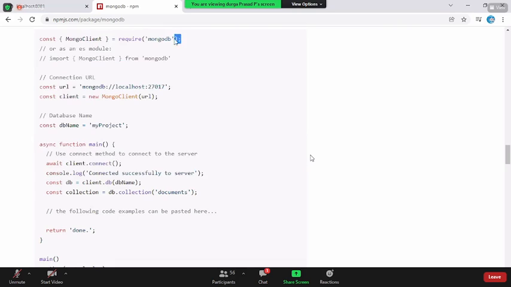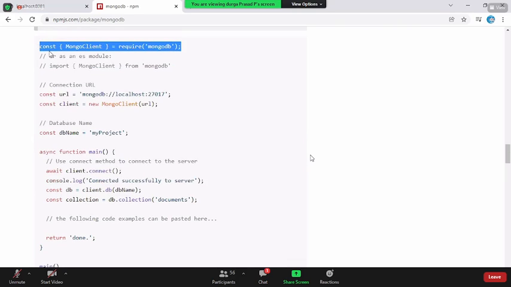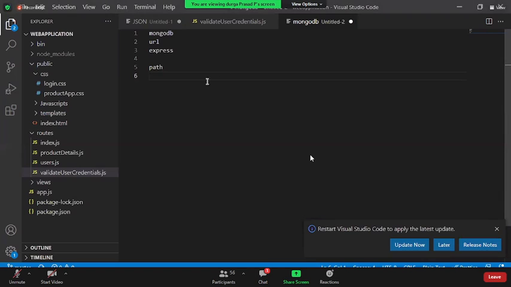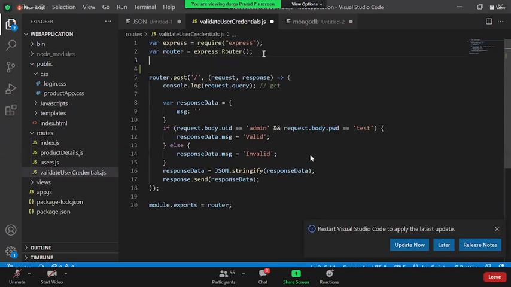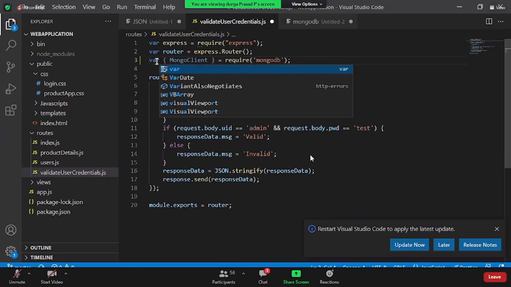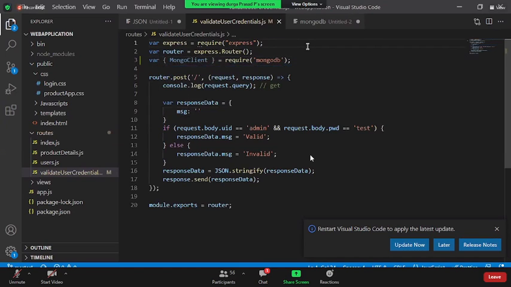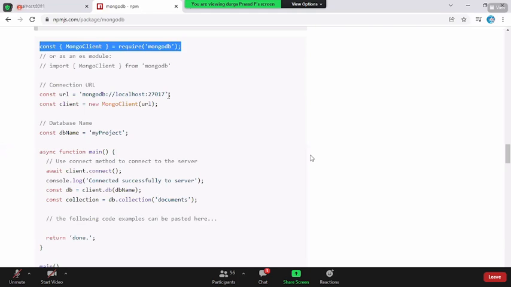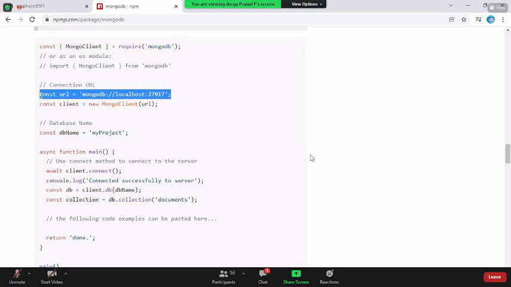Okay. So the very first step, what they are saying is, boss, create a Mongo client object. Let us come back to this. I'm coming to the validate credentials and I'm using Mongo client. I haven't talked about the constant, so that is the reason I'm going with var, because when we go to ECMA 6, I will talk about the const keyword and the let keyword. Those things I'll do later. So this Mongo client is an object from the MongoDB node module.